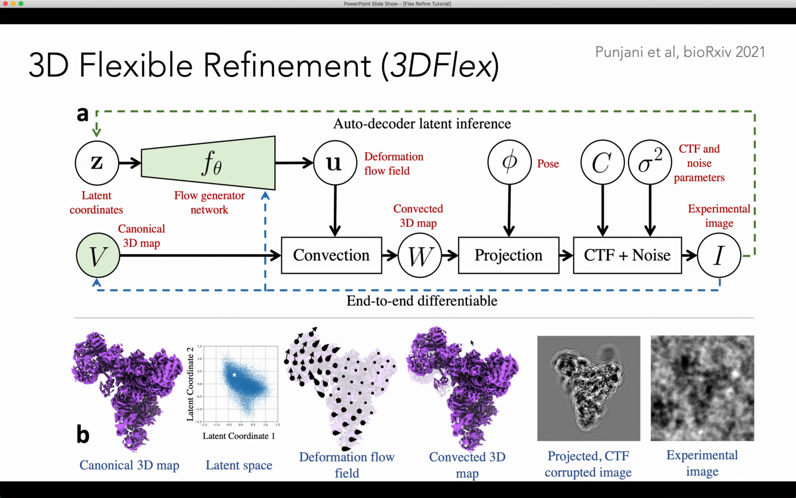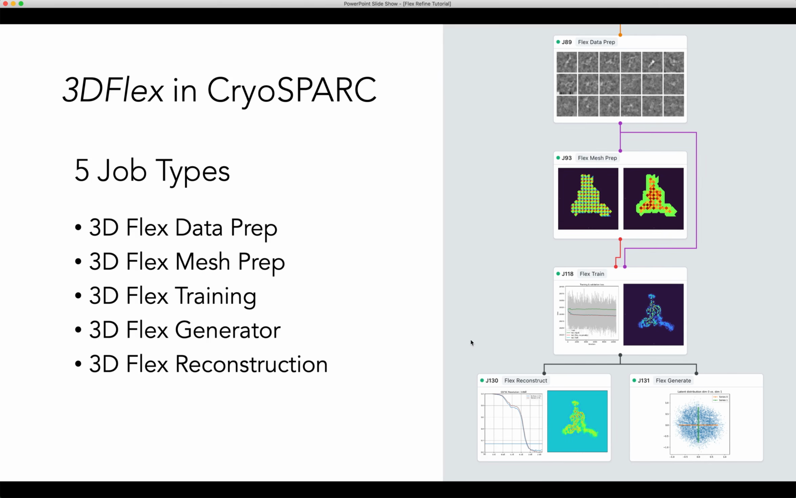All right, so now that we know how the 3D Flex model works, we can see how it's implemented within CryoSPARC. In CryoSPARC, we've split up the 3D Flex workflow into 5 different job types to make it easy to iterate through the workflow and modify inputs and parameters along the way, and repeat certain parts depending on the kinds